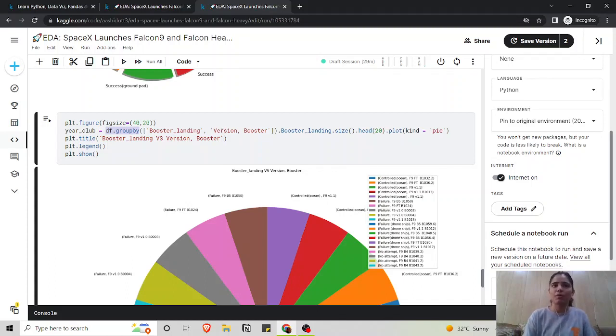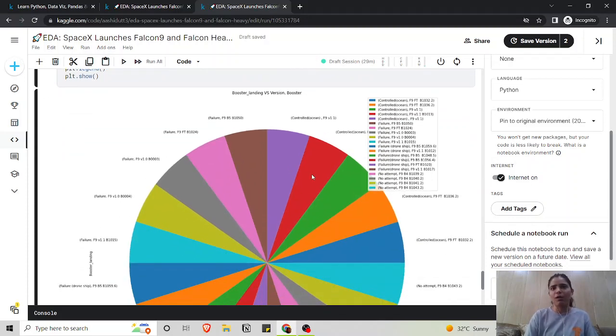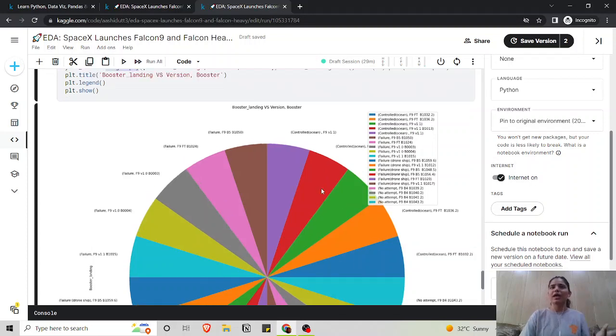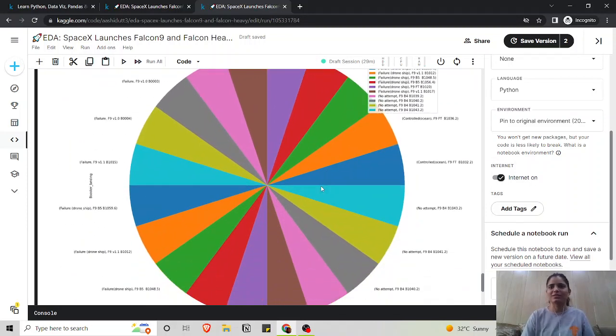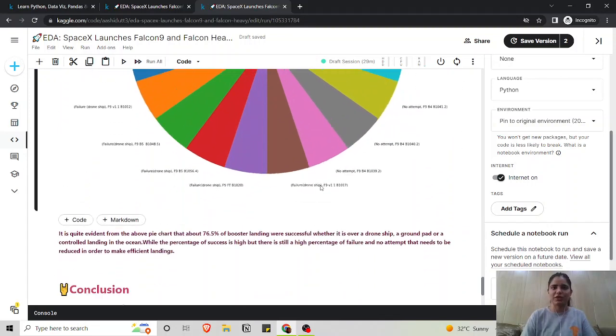So you can use the group by function over here. I've used the booster landing and the booster version to depict whether it was a controlled success, a failure, or a partial failure, what kind of success did we get from that, right? So it's really a colorful representation over there.